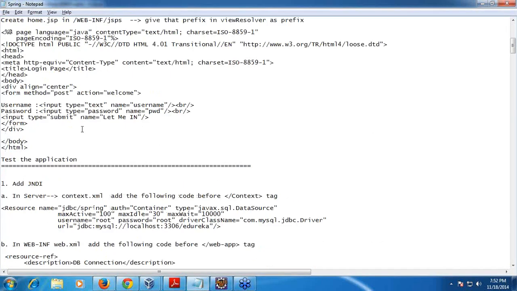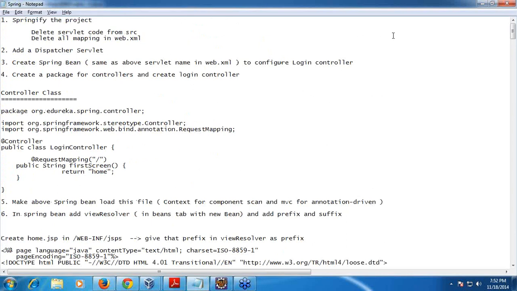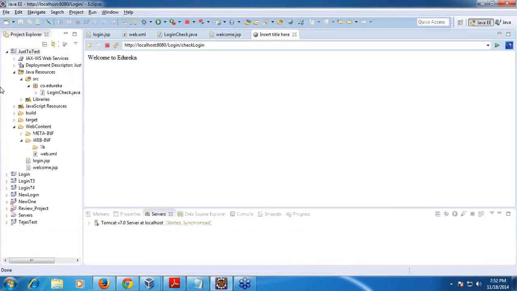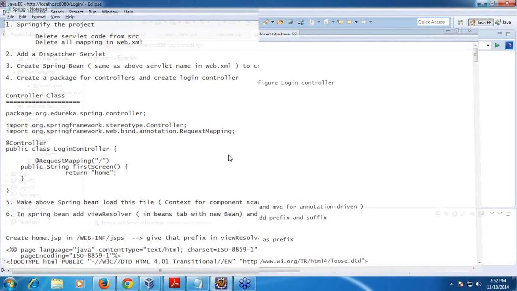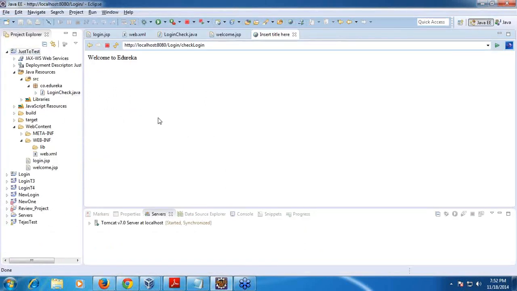It may take 20 to a maximum of 30 minutes to springify this simple model. Once you understand in detail what I'm going to show now, you can definitely build complex applications on top of that. That's how we use the Spring framework in real-time production. Now I will show you how to springify this small module and then how to write a modularized program using Spring.